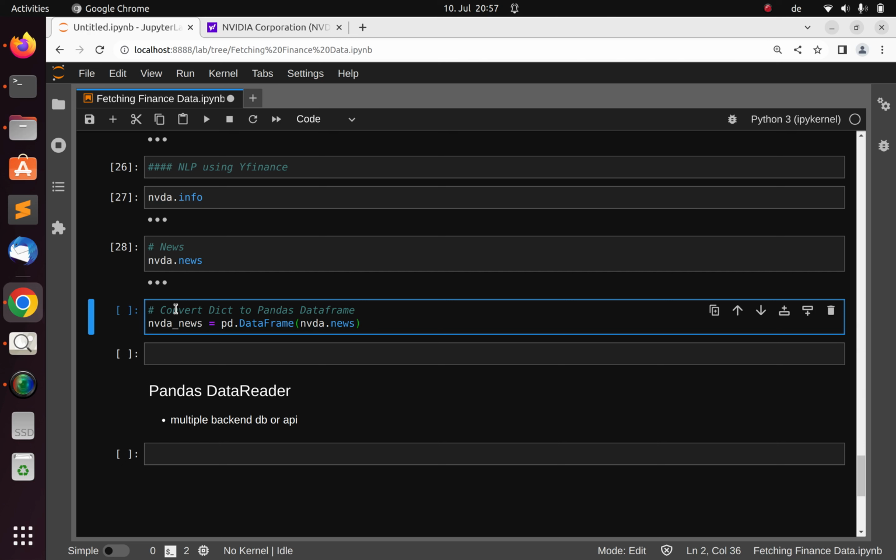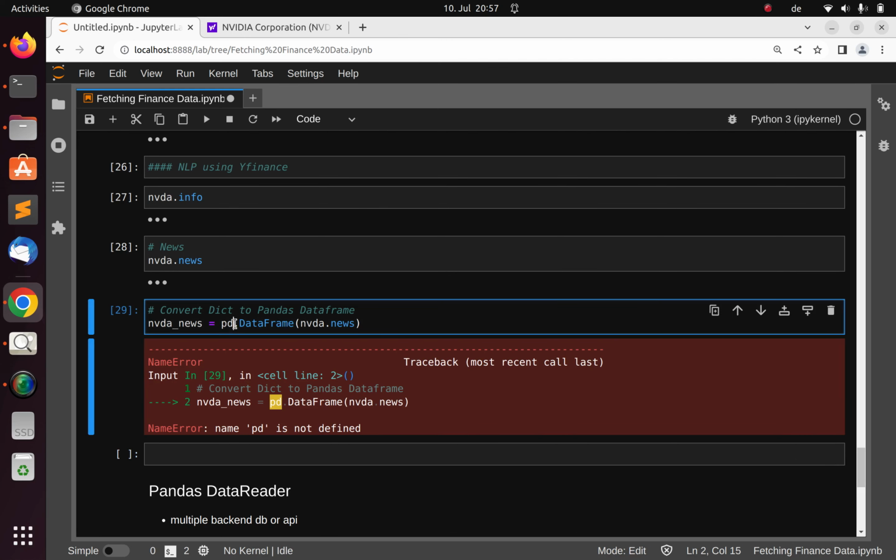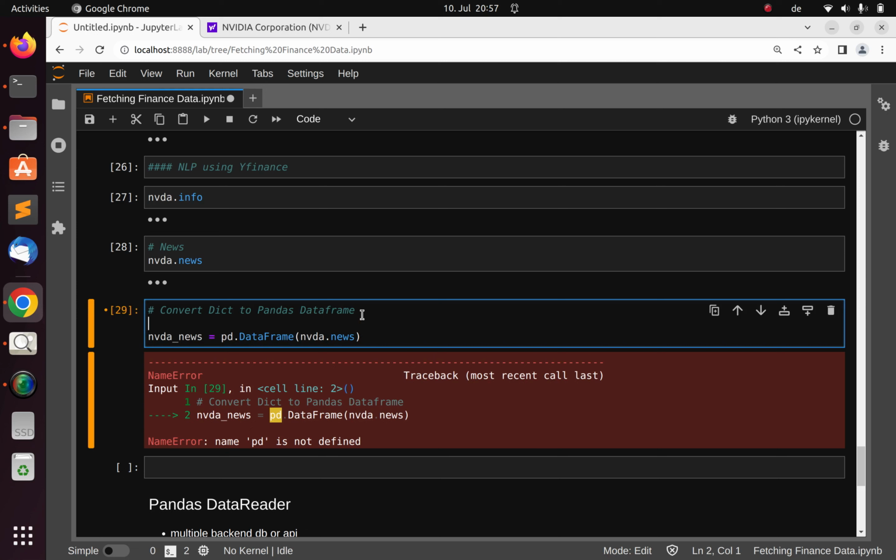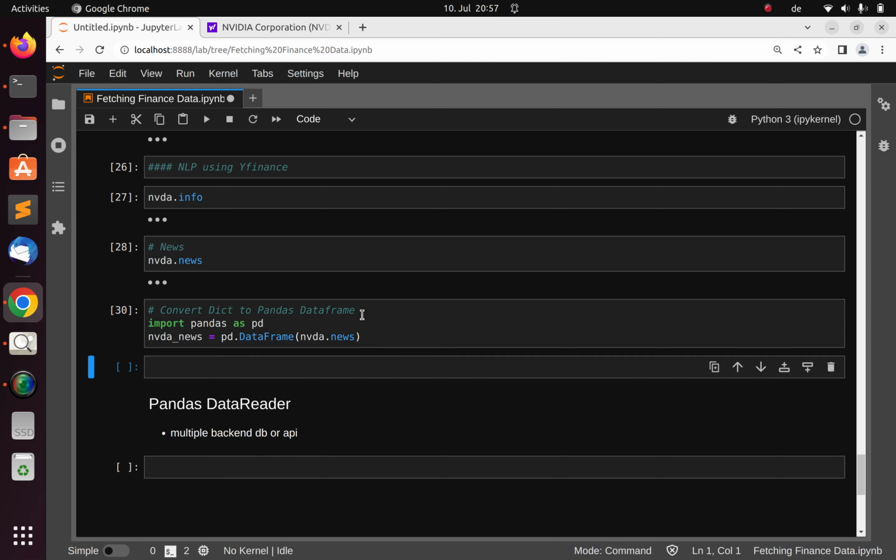That's one of the ways of doing it, but I can actually convert this entire thing, which is news, and since it's a dictionary, I can convert it straight away. So I need to import pandas. Now, if I run it,